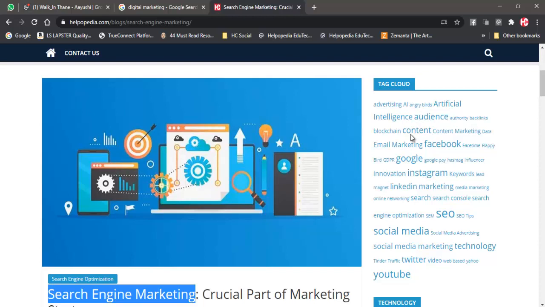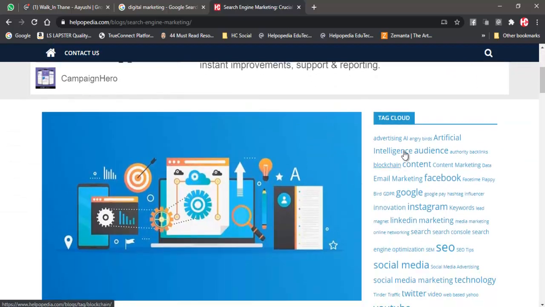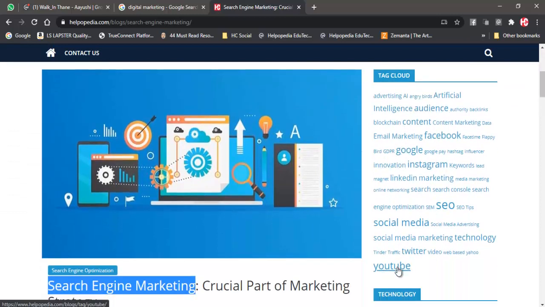So over here for that, see, in the menu we cannot use those keywords. Now navigation does not exactly mean just the menu on the top. Navigation can be any links on the website with which people can click that word and go to other websites. So we should have those keywords in the navigation also. So all the links over here, so over here also it is coming up.